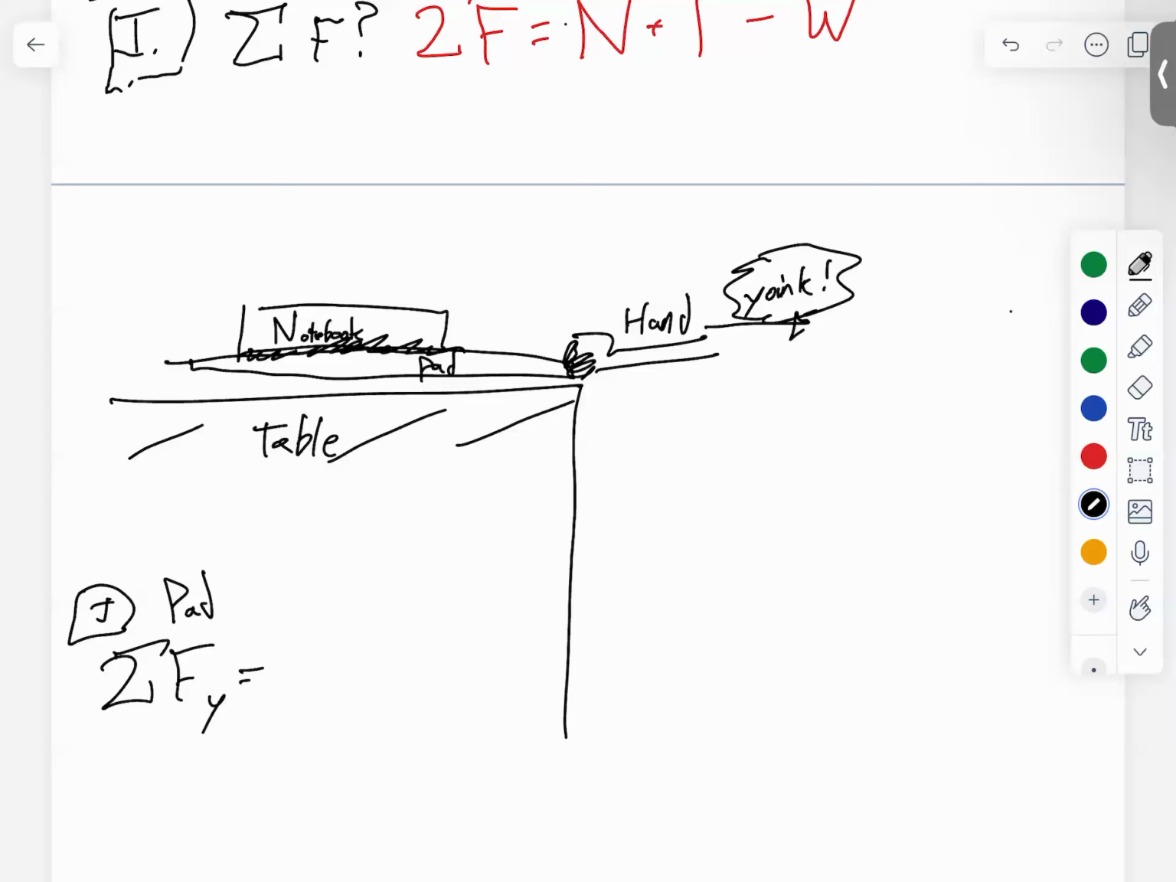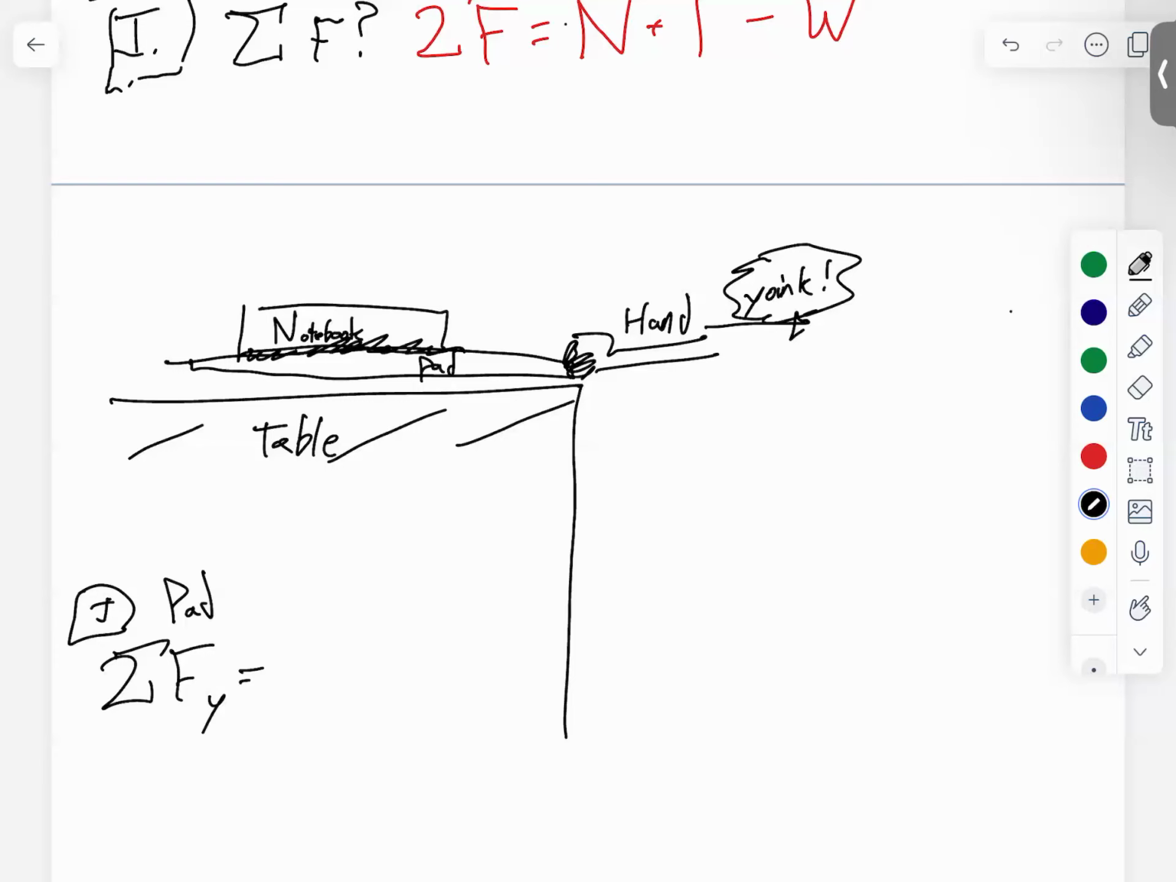What are the subscripts? The Earth exerts a normal force? I'm talking about the notebooks. The notebook pushing on the pad. N of NP, NNP. Okay, so we have now built up to, there are three forces acting on